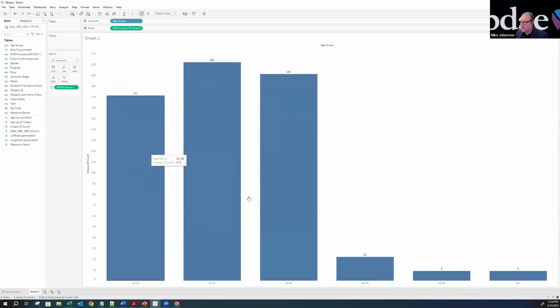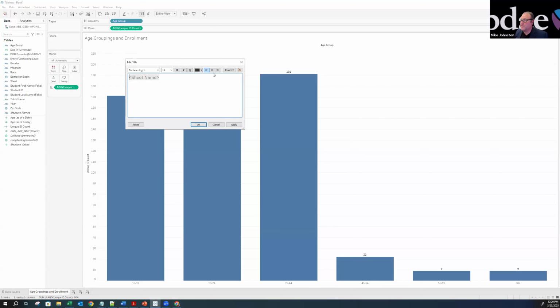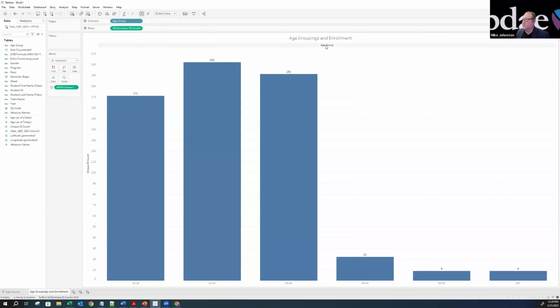So we can see we have a large population that falls between the ages of 25 and 44, and then it sort of dwindles off a little bit in this data set. Awesome. Now I'm going to come down here, and I'm going to click on this sheet, and I'm going to say that this is my sheet of age group groupings and enrollment. And now that's going to update here. I can either say that I want to keep it here, or I can double click, and you can justify, and you can change the way this looks if you want to. So for example, I could actually come over here and hit the little center button and click apply, and I get that age grouping and enrollment to show up here.